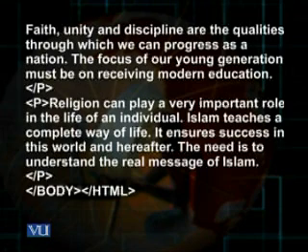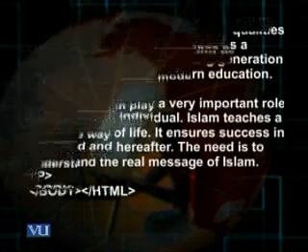Islam teaches a complete way of life. It ensures success in this world and hereafter. The need is to understand the real message of Islam. Paragraph closed, body closed, HTML closed. Again, in relation to this paragraph tag also, because of the text indent 0.5 inches, the first line of this paragraph would be indented by 0.5 inches.